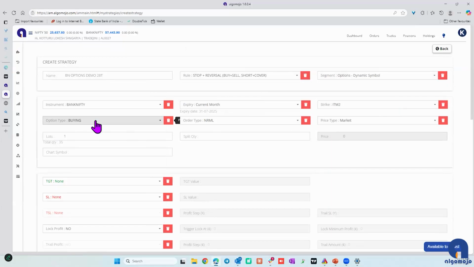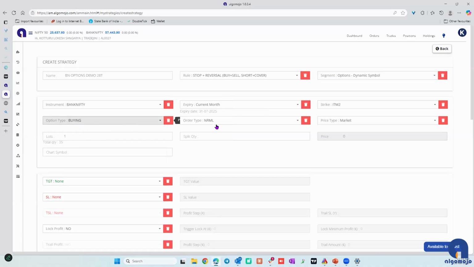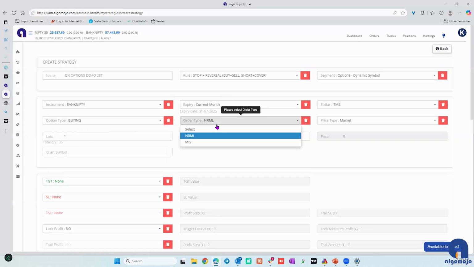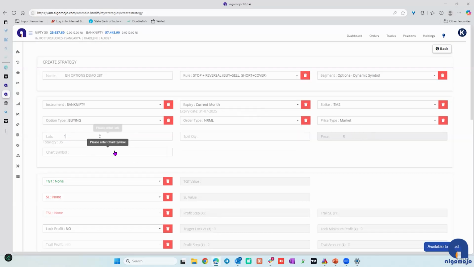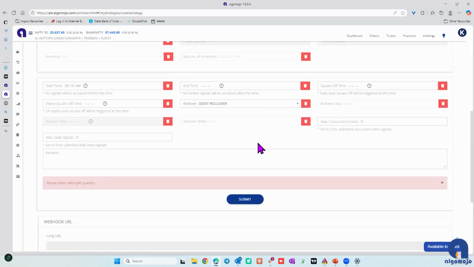and you have the options of buying, selling, or hedge buying, hedge selling. You can do any of those here. We'll select buying, and order type is NRML or MIS, and price is always market. Here we'll say 100 lots. We'll show you that quantity is 3,500. So once you fill up these basic details and save them, sorry,